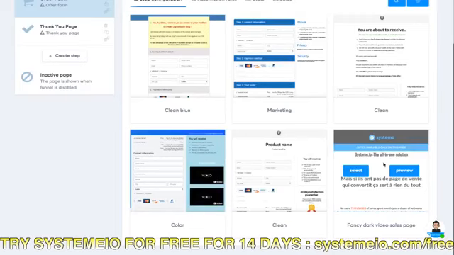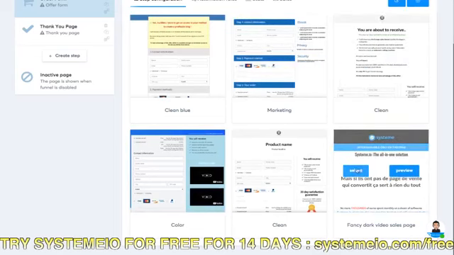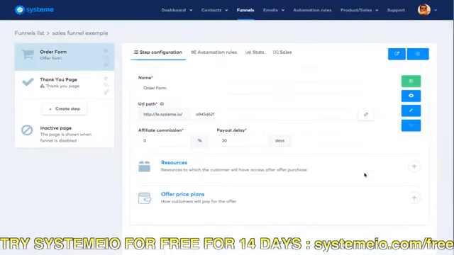But if it's not a big issue for you, if you like to customize anyway, you have already working templates and you can change everything inside, everything you want. So let's try this one, for instance. Okay, this is a wizard.